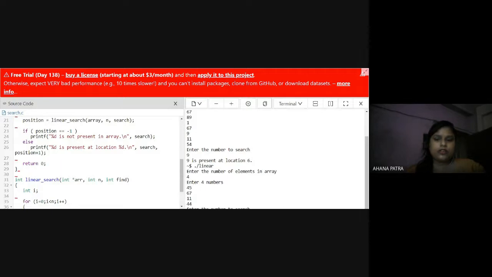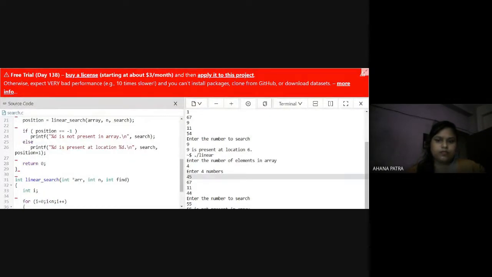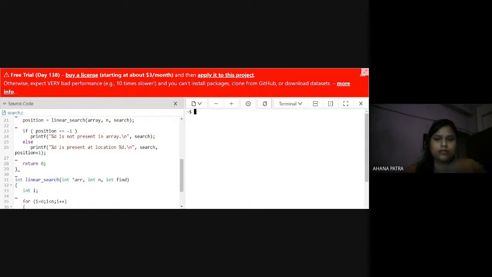It is not in the array, so you get this message: 55 is not in array. Okay, here I run it again. Suppose our small value is 3, and we enter the values 34, 67, 89, and search 44. 44 is not present in array.